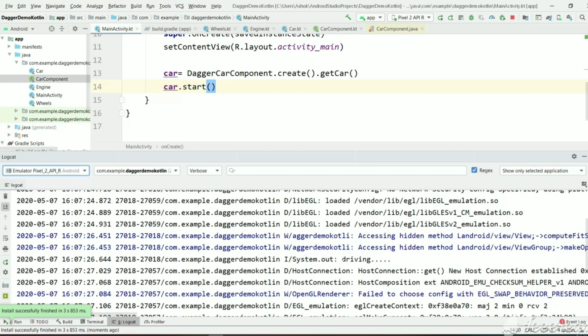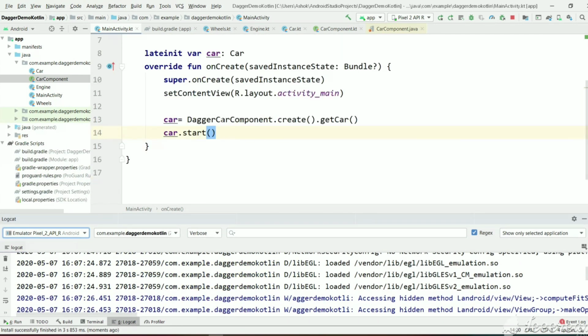As you can see, we got the output, driving. So we have not instantiated a Wheels instance or an Engine instance. Dagger created the dependent objects and it created the car instance.